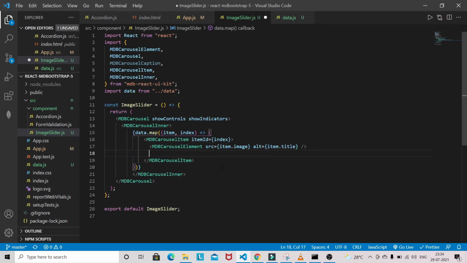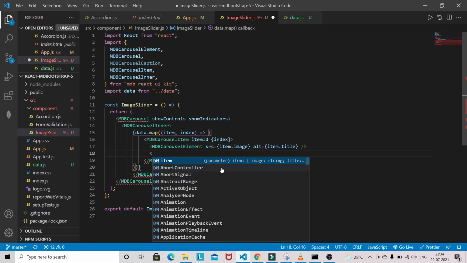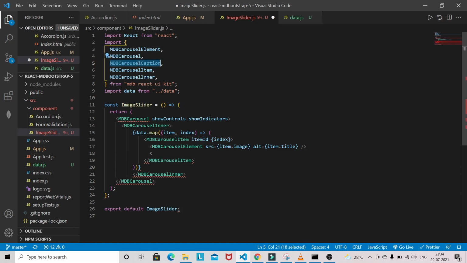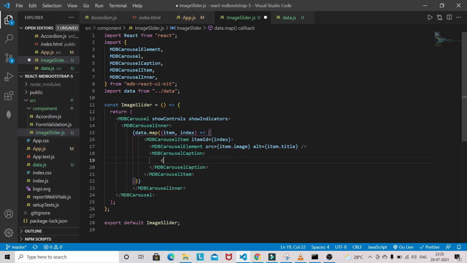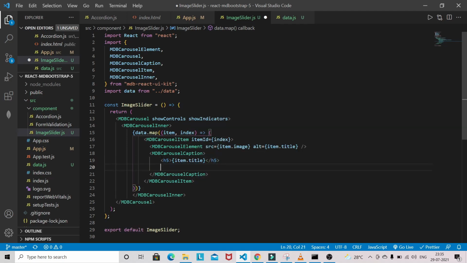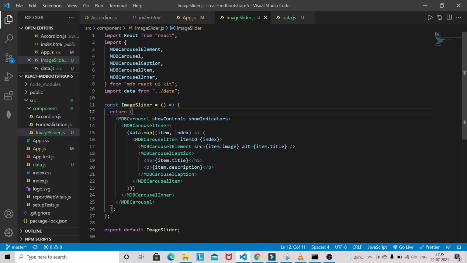And we can have here one more tag, that is the MDB carousel caption. This tag is needed, and inside that we can have an h5 tag, item dot title, and for description we can use a p tag. This can be item dot description. Now we need to bring this component into our app.js file.